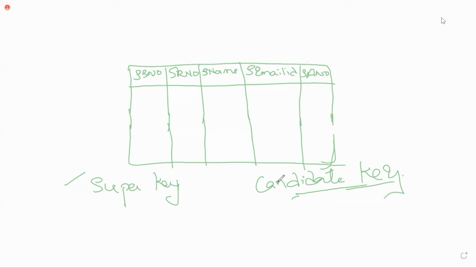Because I can say the candidate key is a subset of the super key. Let me tell you how. A super key is a key which is used to uniquely identify the records in the table. Suppose there are 6 and so on records.